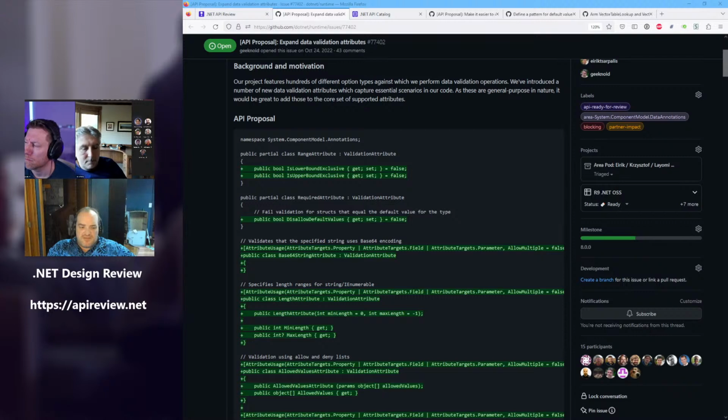the required attribute might be the wrong attribute to do that with, and if it was done, it should be much more explicit about the semantics it has with that. Like, for example, instead of disallow default values, it should be something more like disallow values that compare equal to the default or something. That's a bad name, but it clearly